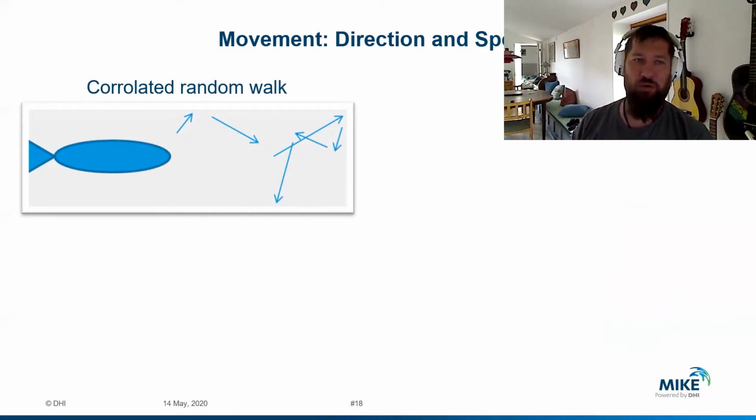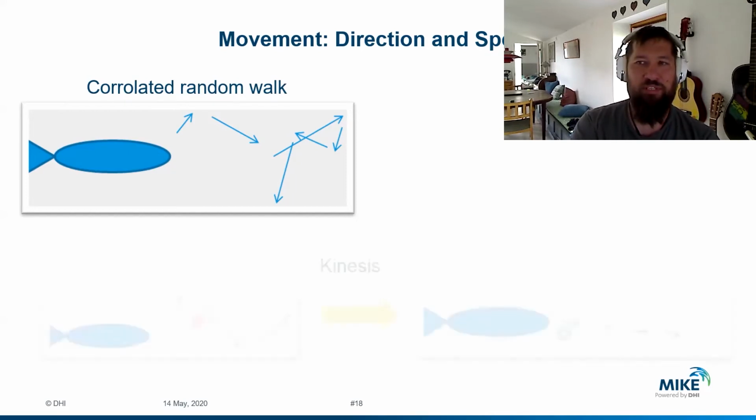This is wandering around, and a correlated random walk is essentially that you will head in the direction of your nose plus or minus some sort of turning angle each time you move. But it is random whether you move to the left or to the right. That is essentially what a correlated random walk is.